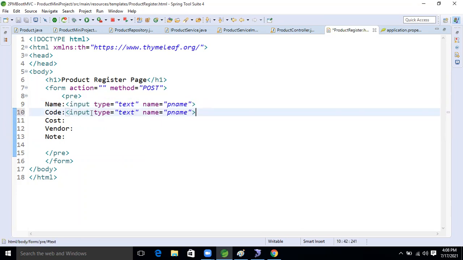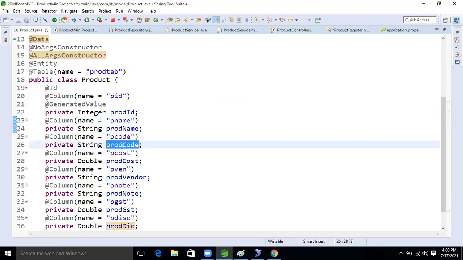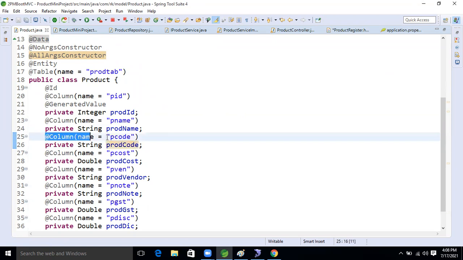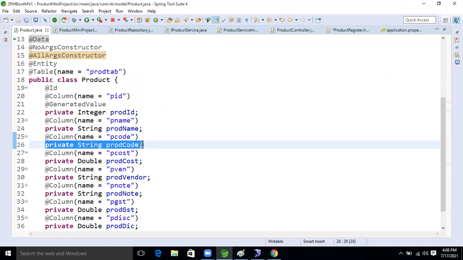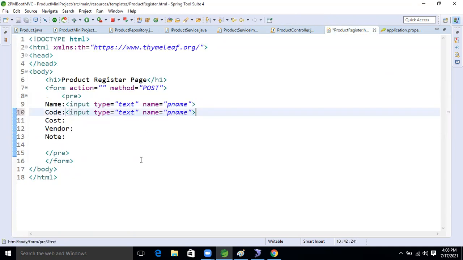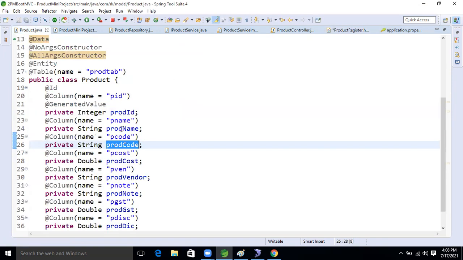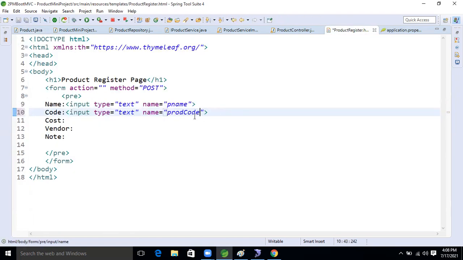Another one is product code, right? Product code is what? Again, come to our model data. Here, copy this one. Okay? Code. No, not product code. This one is for the database column, right? P code. Yes, for the P code. Our Java prod code. Yeah, prod code. So come here, okay? So put it here and come here. Here, this one I took the wrong one. Copy this one and come here and take.